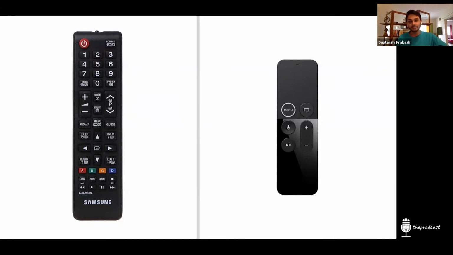In fact, I have a TV at home. It's an MI TV. This is the remote of the MI TV. Let me just hold it close. It is similar to an Apple TV's remote. It has 1, 2, 3, 4, 5, 6 buttons, and this dialer using which I can navigate between different things, right? Very similar to the Apple TV remote.